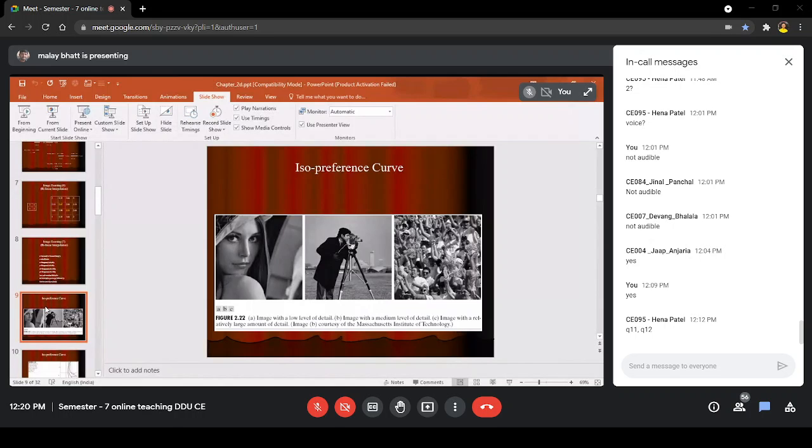Now when you consider the second image, a cameraman image, this image has a medium level of detail because you want to extract the face of a person. Also you can detect, we can say, an action recognition task: that person is taking a picture using a camera. You can also detect other objects, like this tripod, on which the camera is placed.